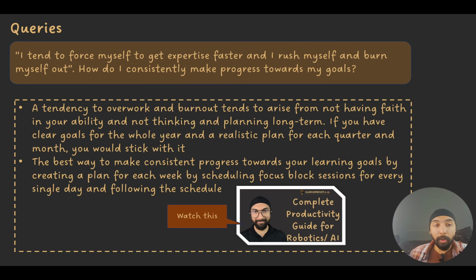So, if you have clear goals for the whole year and a realistic plan for each quarter and month, the likelihood that you would stick with it is higher. And the best way to do that is to make consistent progress towards your learning goals by creating a plan for each week, evaluating every single week, and scheduling focus blocks for every single day and following the schedule. So once you have a system, this problem should no longer be there. And you can watch the video titled The Complete Robotics Productivity Guide for beginners, and that covers these ideas in a lot more detail. And I've also shared a lot of tools there,